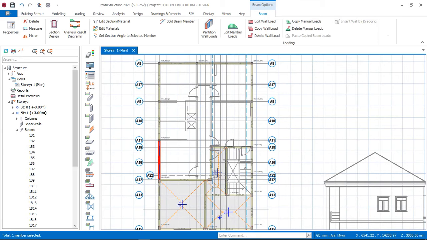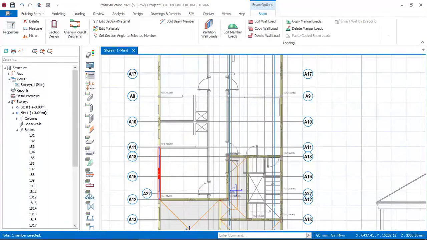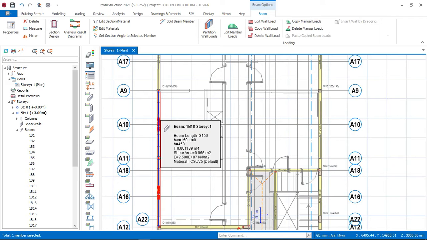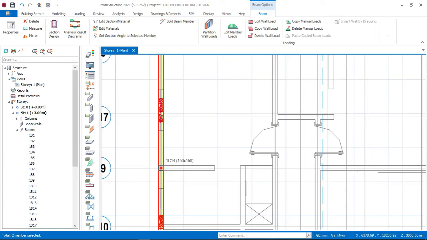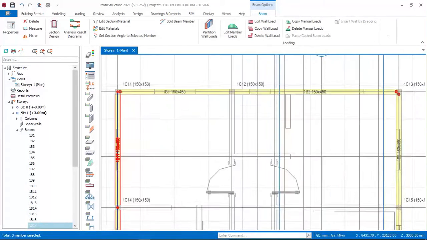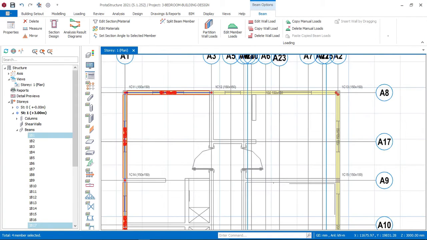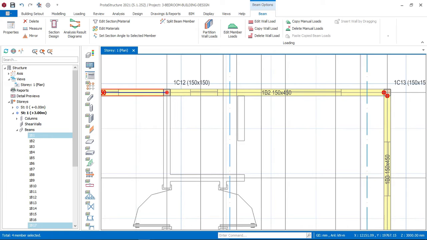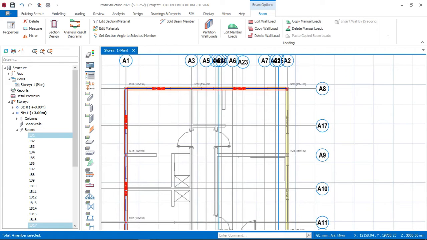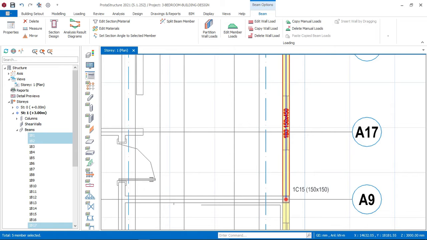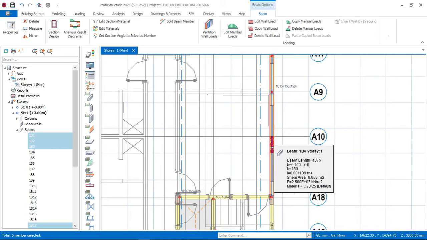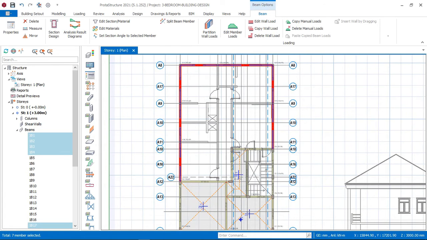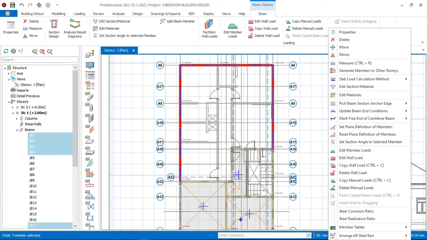So just hold our control key, doing multi-select by using our control key and selecting all the beams together, so that we can change the depth at once instead of changing one after the other, which will take longer time. So just go here and keep clicking by holding the control key, and now select all the beams that we want to change, which we are almost done with right now. And then once we are done selecting that, as you can see that which is the perimeter, we'll now right click here and then say